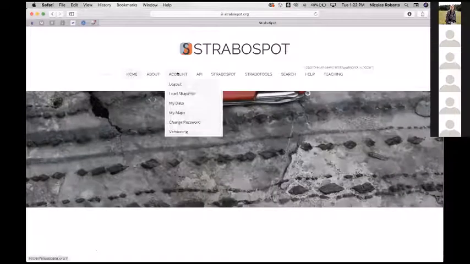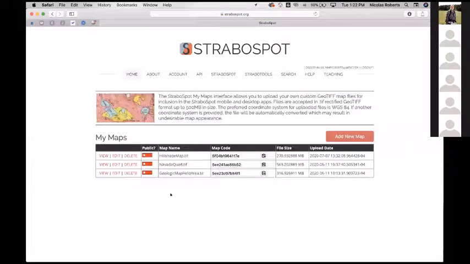So over here under account, I go to My Maps. And when I do that, I have a few, and I've already added this hillshade map.tiff because it takes a little while to upload. There's a 500 megabyte size limitation for GeoTIFFs that you upload to StraboSpot.